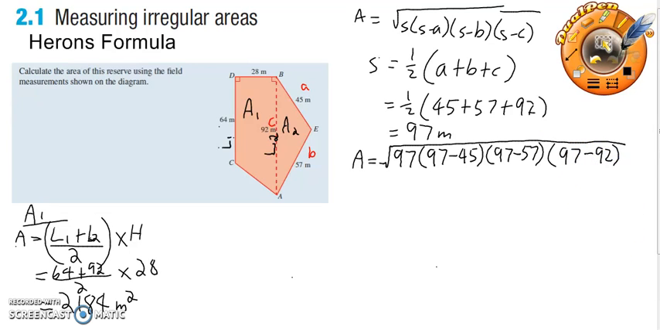Although it is possible to type this directly into your calculator, my advice is to simplify it a little bit before you do that. So what am I talking about? I would do this. In your calculator, what does 97 take 45? And you'll get 52. 97 take 57 is 40. And 97 take 92 is 5. So that's my advice. Simplify it. This makes things easier to put in your calculator. Bit of communication as well. And we get roughly